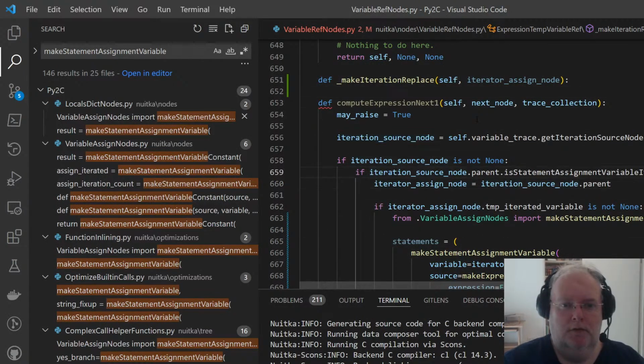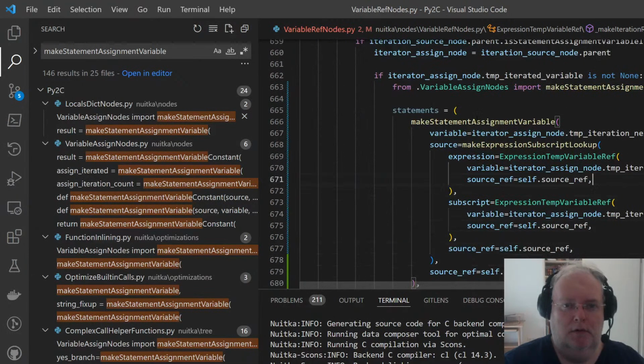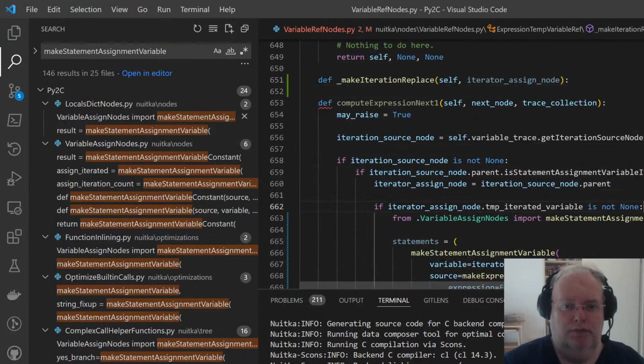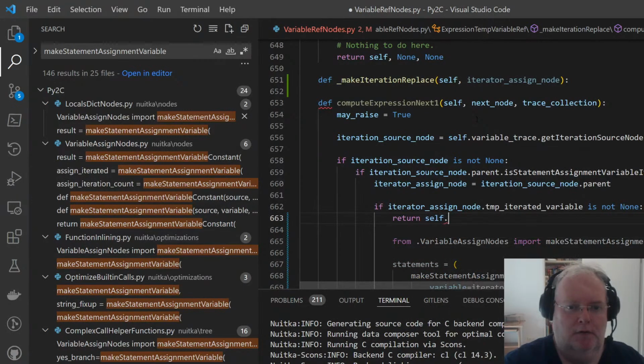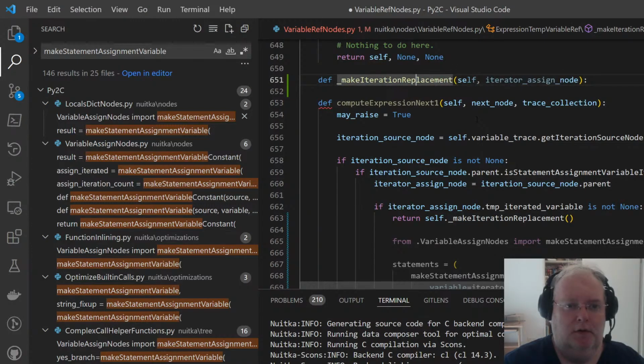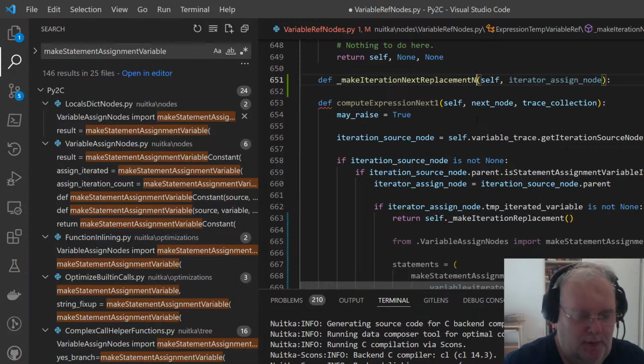And return self make iteration replacement. Or let's call it iteration next replacement node.